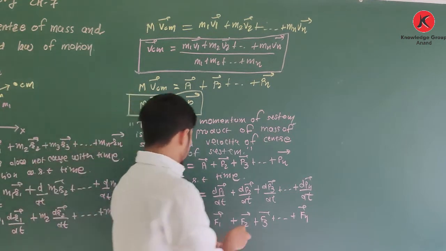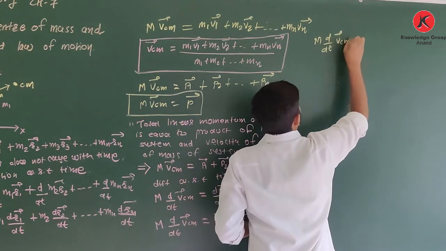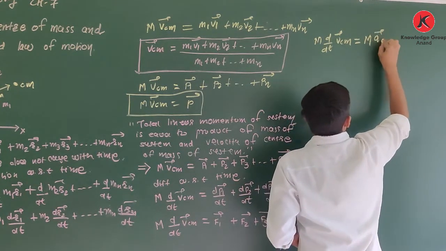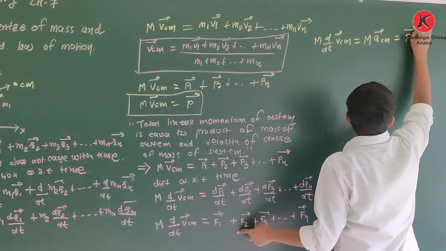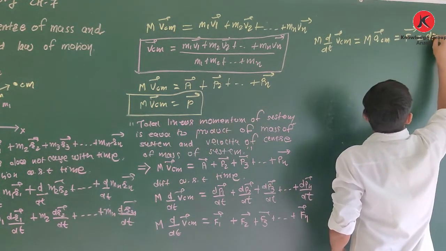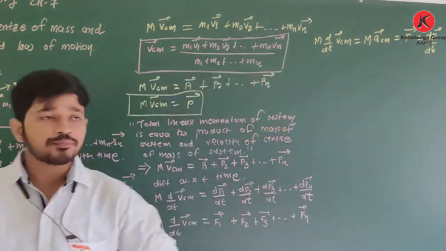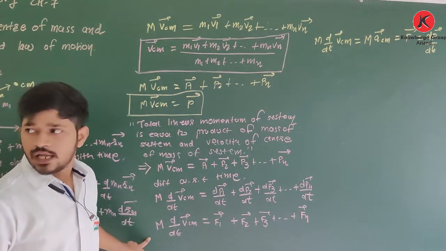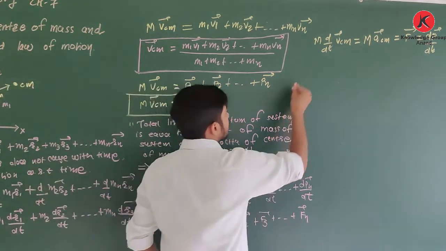I can write this equation as m d/dt of V center of mass, which is equal to m times d/dt of V center of mass, meaning it is acceleration of center of mass, and it is equal to F. Or you can also write it as dp/dt, that is, total momentum and its differentiation with respect to time. Clear? So yes, m d/dt of V center of mass is equal to m a center of mass, which is equal to F, which is equal to dp/dt, where